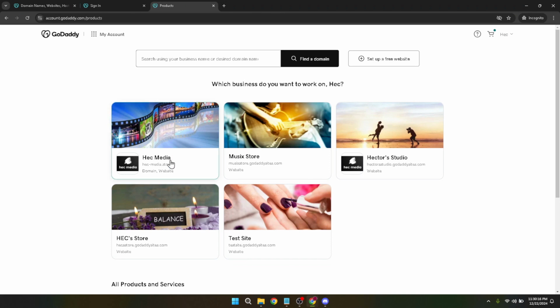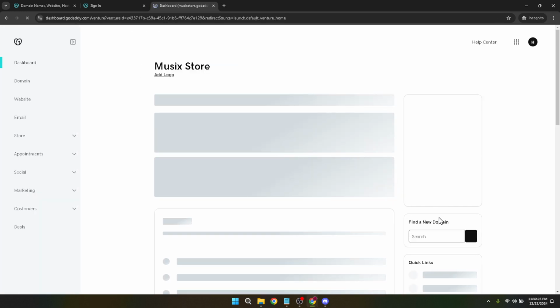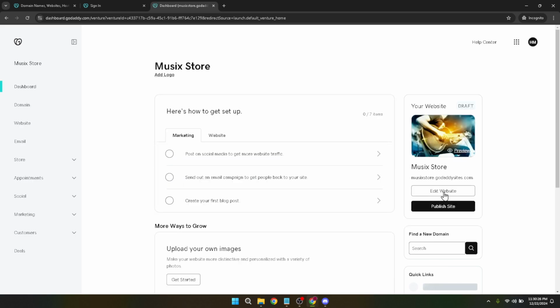Once you're in the website builder, it's time to find the infamous Powered by GoDaddy text, which typically resides in the website footer. Start by scrolling down your website's home page or the specific page you wish to edit. As you reach the bottom, you'll see your footer area, which often contains contact information, social media links, and yes, the Powered by GoDaddy text.